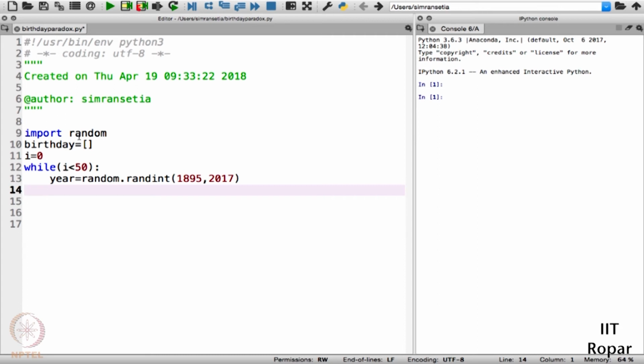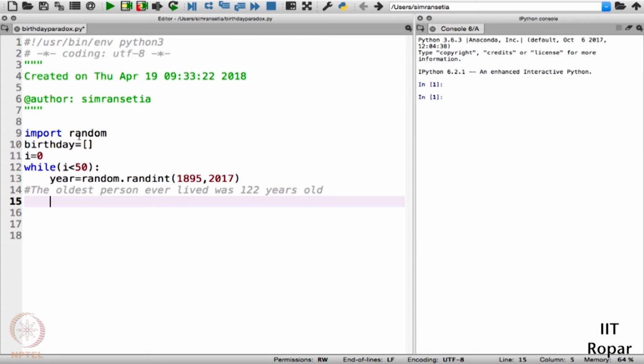So if you subtract 122 from 2017, you will get 1895. That's why we chose 1895. I'm writing here: the oldest person ever lived was 122 years old.